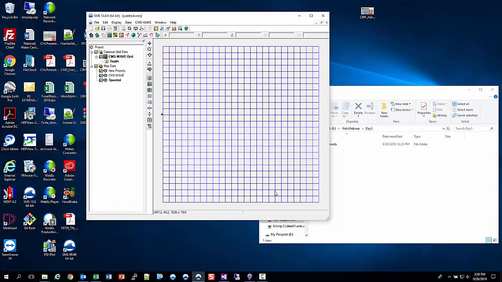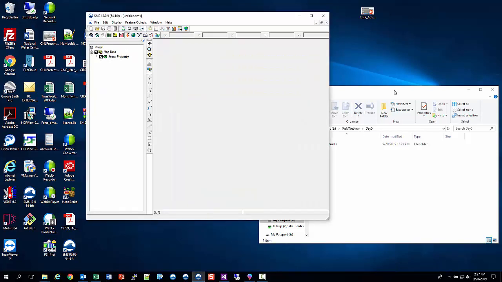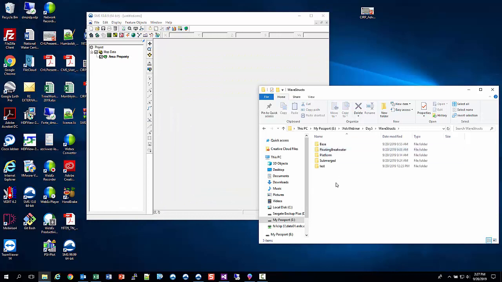So that's all we really need to do, and then we can do a file save the project and then move forward. I've already saved these files, so I'm going to start over and just load in those projects so I don't have to worry about that too much. I've already saved that to a test case as well. You guys do not have the test case in your file